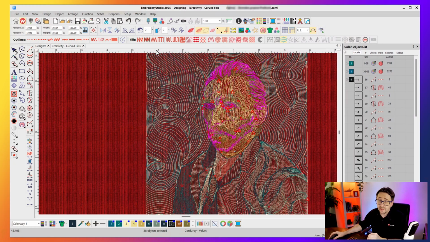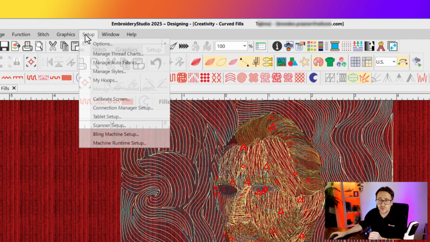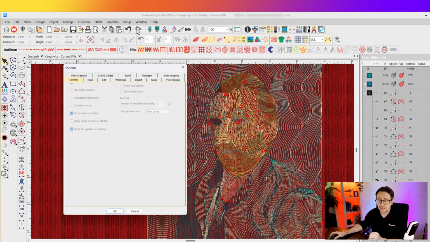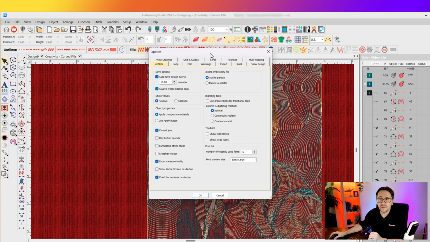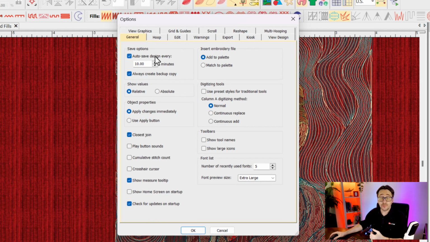Now finally, there are a whole stack of options and settings inside your Embroidery Studio, and you can modify pretty much all of them. To do that, you head up to Setup and Options, and from this dialog box you can configure all your software default behaviors. For example, you can choose how often you want your software to automatically save. Mine is set to every 10 minutes. And that's really useful in case, for example, your computer crashes or you have a power outage. Your software will automatically save that design for you in the background to try to keep that up to date